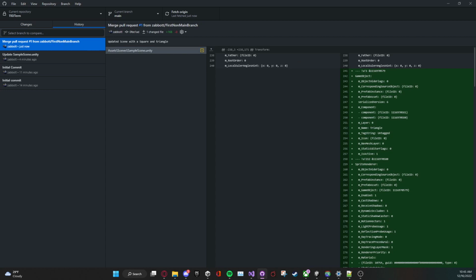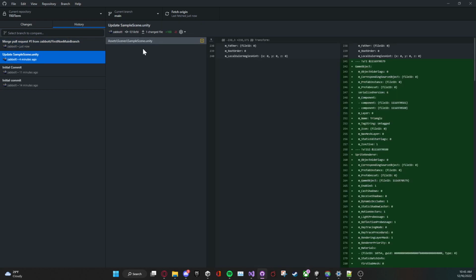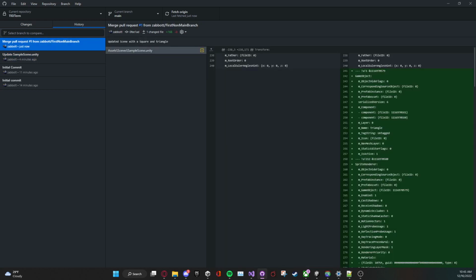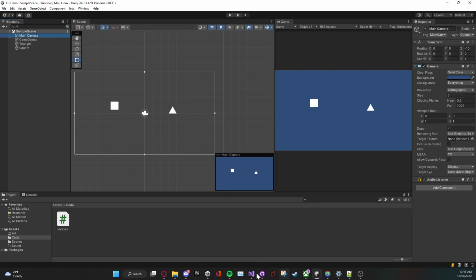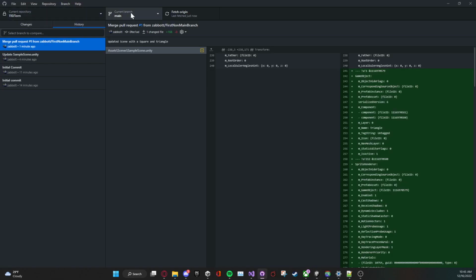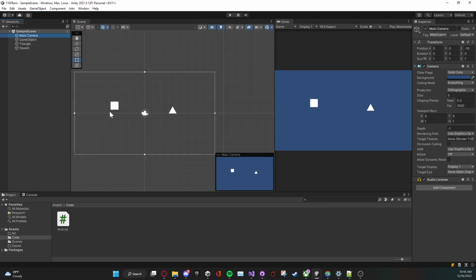okay, I merged this pull request in. It said updated scene with square and triangle. Okay, all right, looks good. Let's go see what I did. Kind of talking to myself here, feels a little weird. If I go to Unity, I can see I am on my main branch and I have my changes on